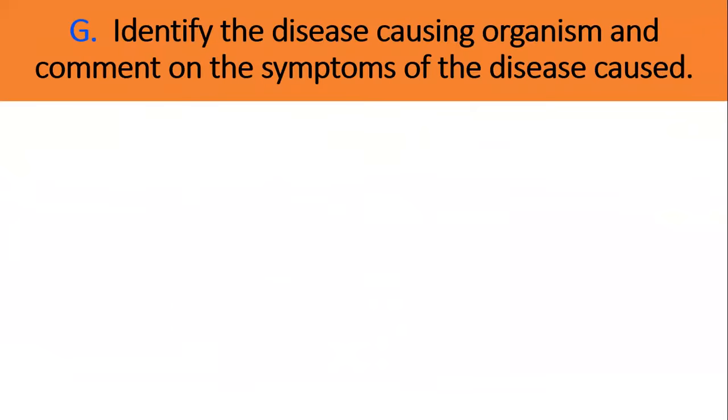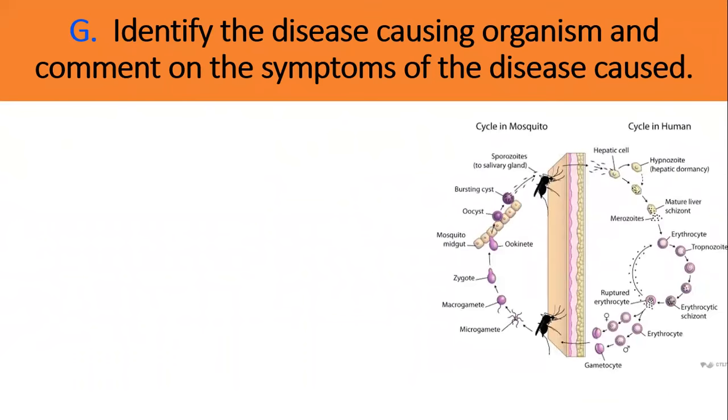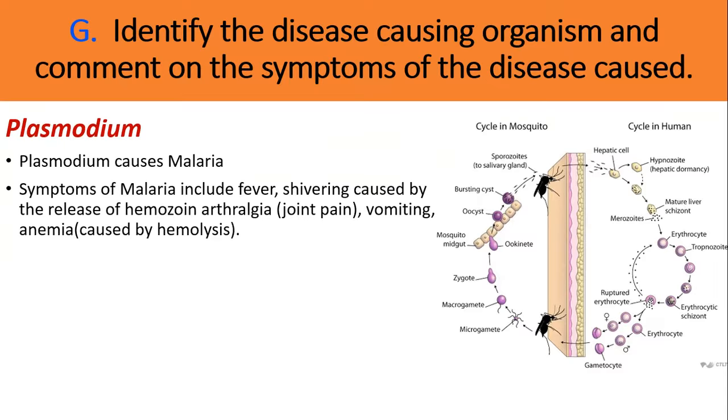On spot G, you might get disease causing organisms and comment on the symptoms of the disease caused. So here you have to talk about symptoms. Spot G, identify the disease causing organism and comment on the symptoms. If I show you this, here you can see mosquito. The moment you see mosquito, just say this is Plasmodium. It causes malaria. And symptoms of malaria include fever, shivering caused by release of hemozoin, arthralgia, joint pain, vomiting, anemia